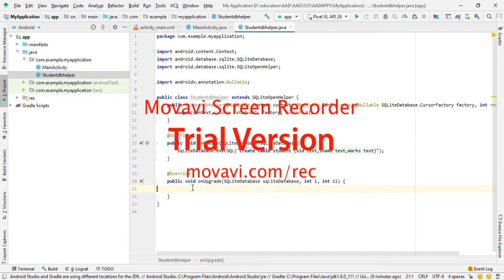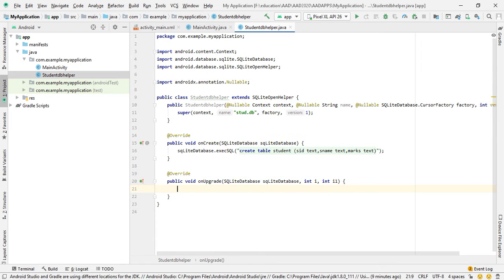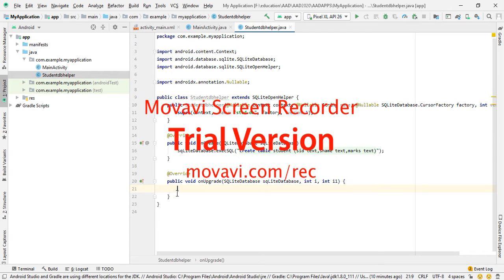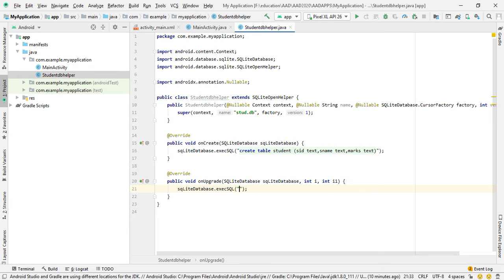In onUpgrade method we delete the old table and we create the new table, that is the upgraded table. So again SQLiteDatabase object dot execSQL. First we drop the table.